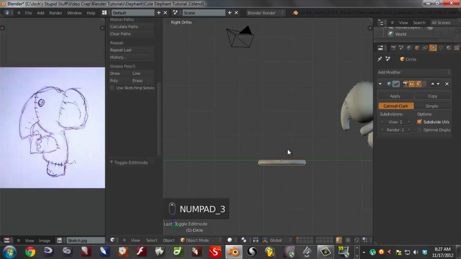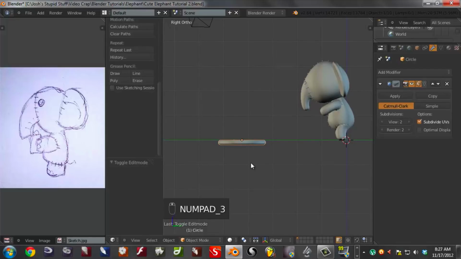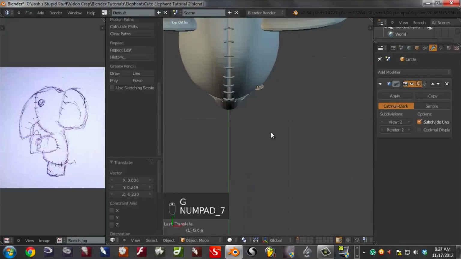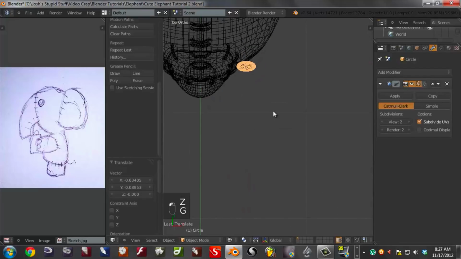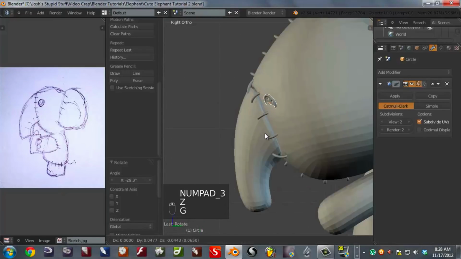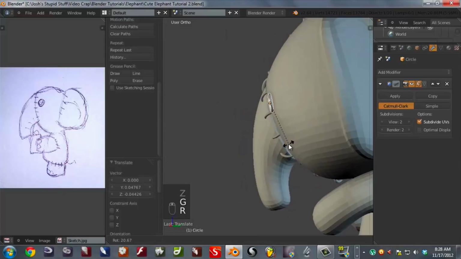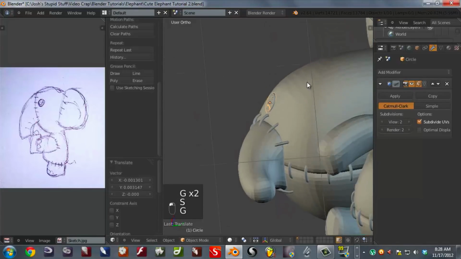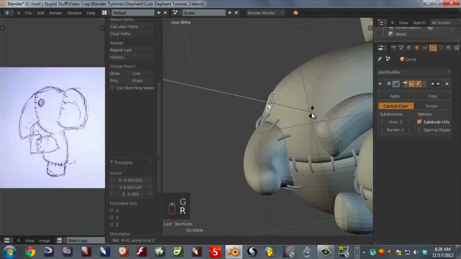So let's fit this thing on his face. Just kind of eyeball it. Man, that was awful. All right, so, and you can see it'll kind of fit in this little indentation that we made earlier. Because when you actually sew a button onto something,